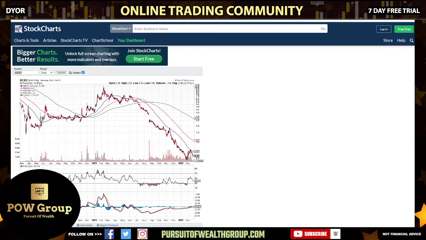So we'll start with the golden and death crosses. A golden cross just refers to the daily time frame. You go to the daily chart and you look at the 50-day moving average and the 200-day moving average. A golden cross occurs when the 50-day moving average is below the 200, and then it starts to curve and cross through in an upward fashion. So when we have the 50 below the 200 and the 50 crosses through the 200, that's called a golden cross.